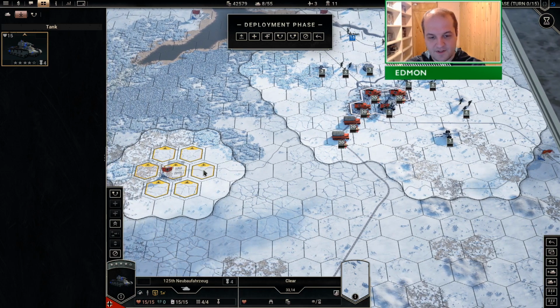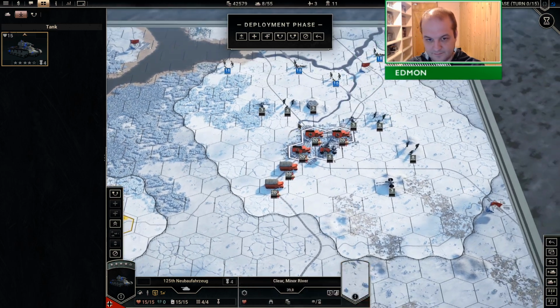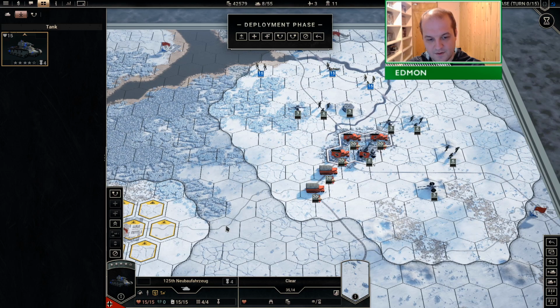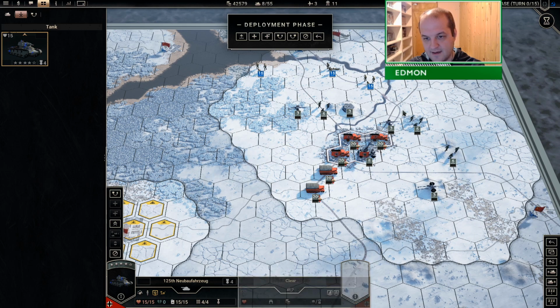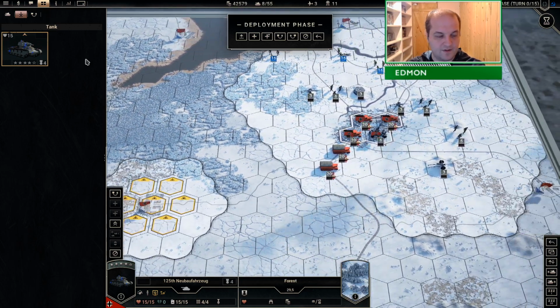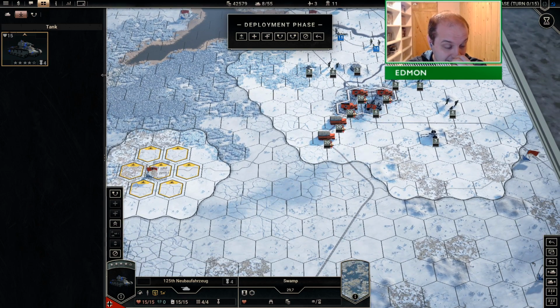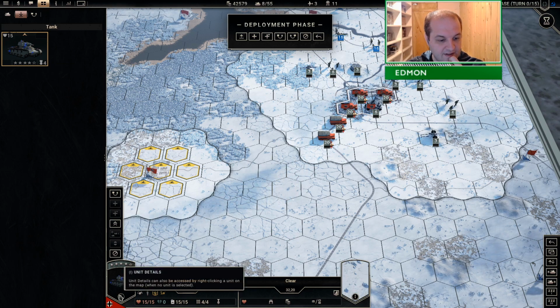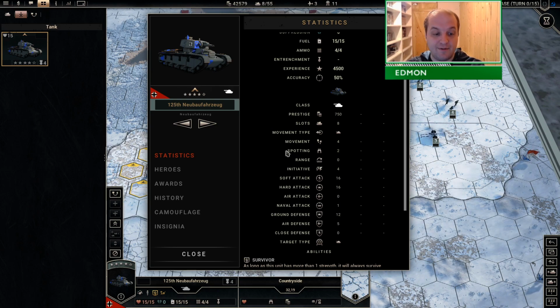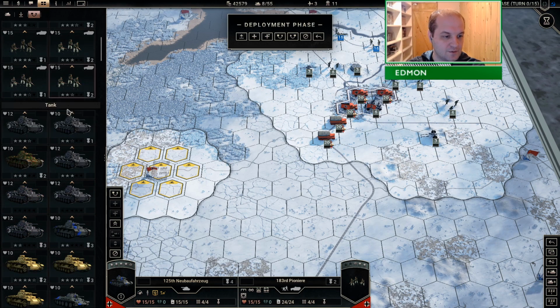Looking at the deployment zone, this is the closest we can get to this front line. And we definitely want to get up there ASAP. It's 14 tiles away. And we're definitely not going to make it on the first turn, no matter what we use. But what we want is some kind of infantry destroying monstrosity. Now you think that this would be ideal because it's got 16 soft and 16 hard, and it's got rapid fire built in. However, we can also consider